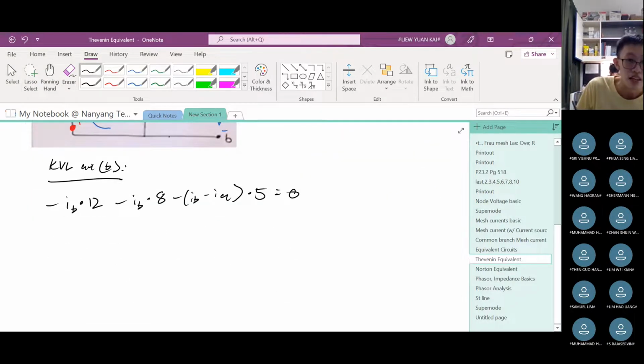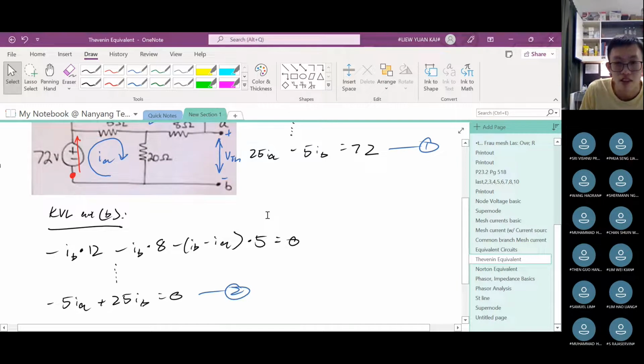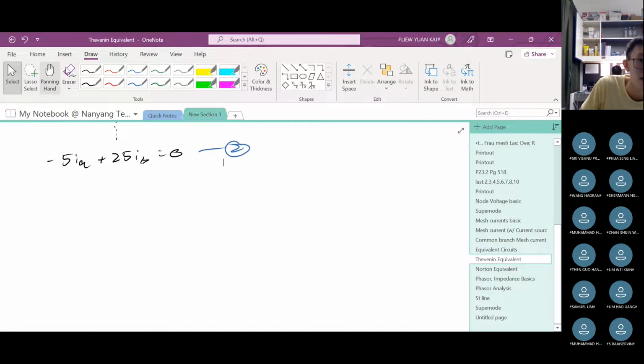Then you expand and simplify, you should get negative 5IA plus 25IB equals to 0. Okay? So 2 equations, 2 unknowns. This can be solved. Again, press your calculator. I hope you got your calculator. In case you haven't, please go to book link tomorrow. So if you solve 1 and 2, you should get IA equals to 3 and IB equals to